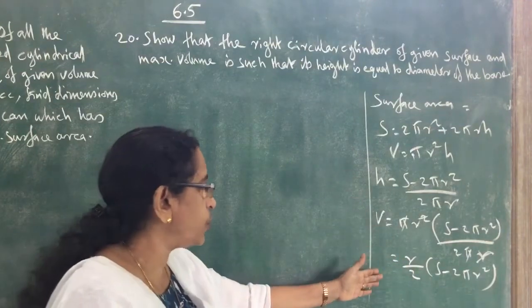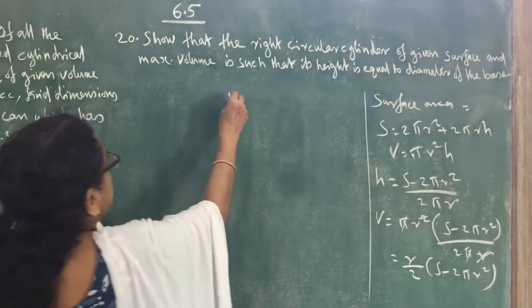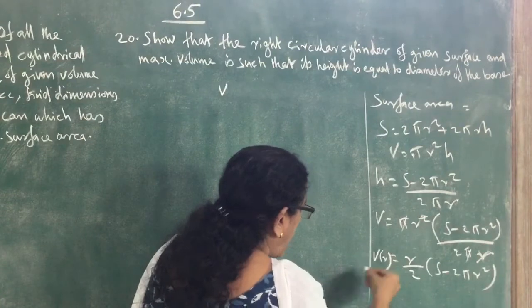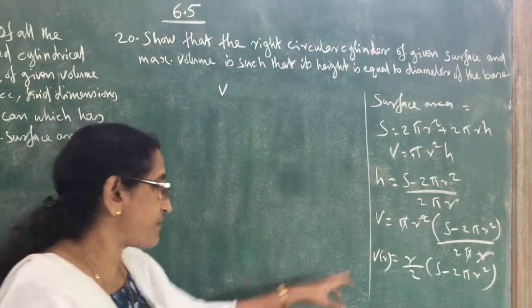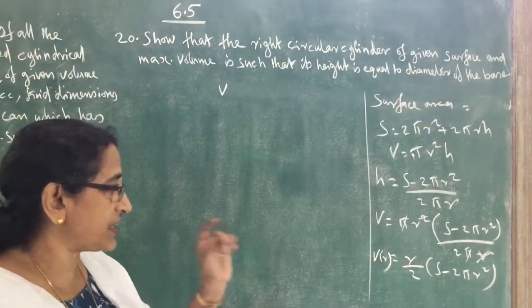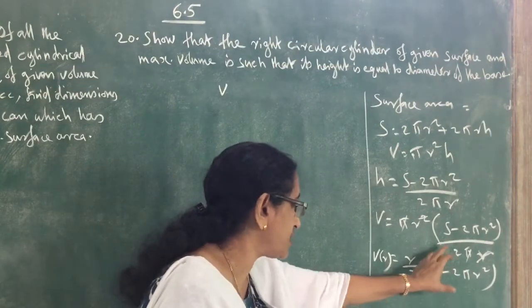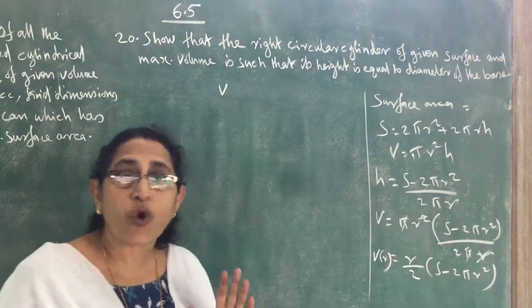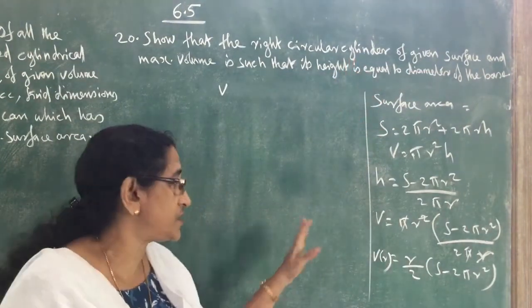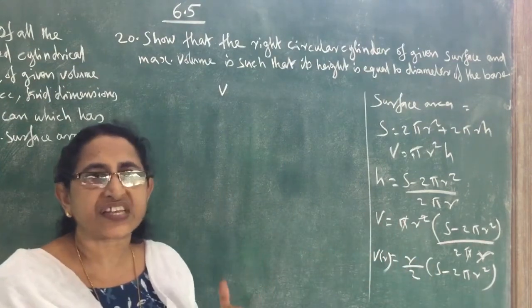Now we can find the first derivative. V dash, this is a function of only one variable R, V of R, volume as a function of R. Now we can find the derivative with respect to R. Always note down which is the variable. Here S also seems to be a variable, but it is constant given that surface area is constant. So S is constant and only R is the variable, so we have to differentiate with respect to R.